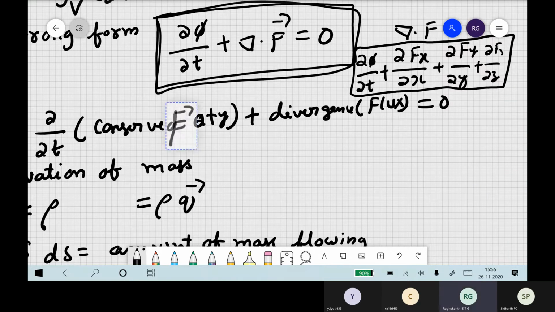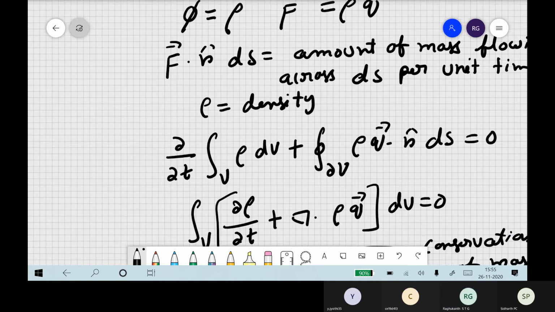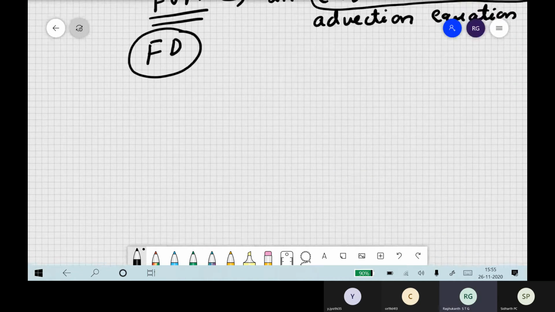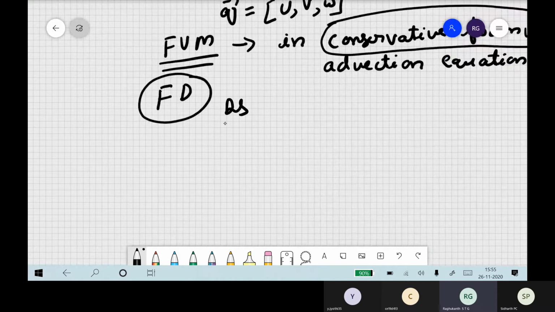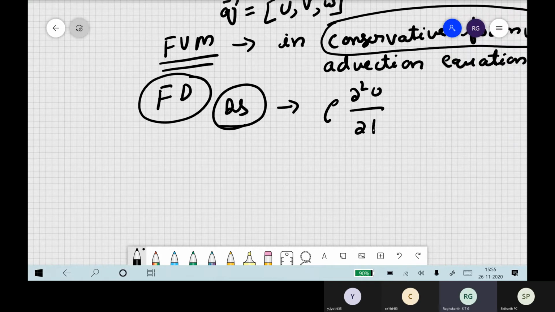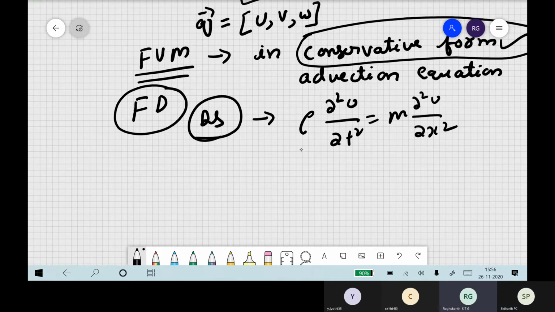See what you remember about wave equations. What was the order of the equations in the displacement formulation? What is the equation we solved in finite difference displacement formulation? You remember, dou square u by dou t square equals M into dou square u by dou x square. Like this was a displacement formulation. Now what is the order of this equation? Second order in time, second order in space. So now can you solve this equation by finite volume?